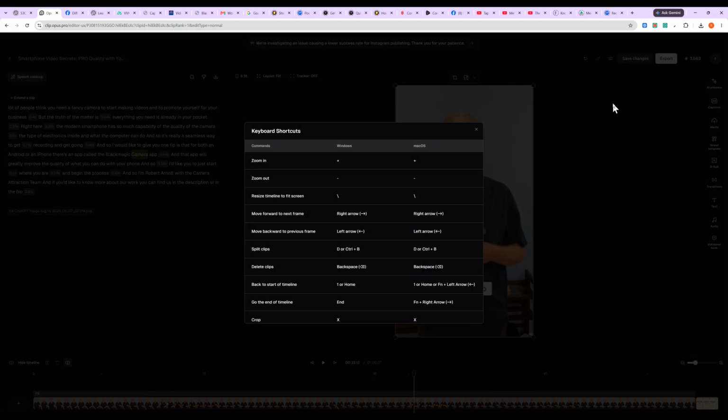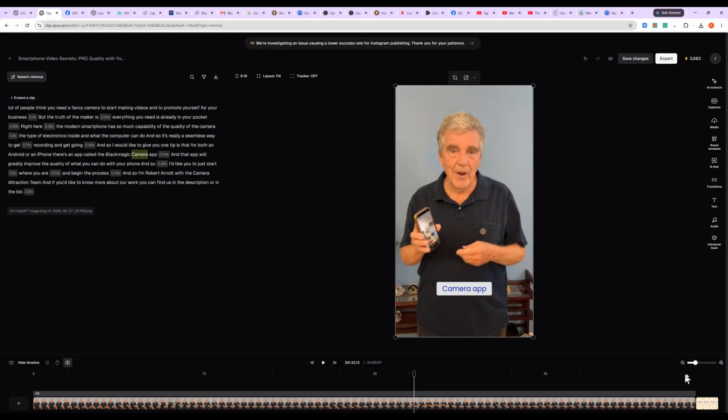Keyboard shortcuts. The one that I really like to have you know about is resize the timeline to fit the screen, which is the backslash. And then if you need to get zoomed in or zoomed out, you can use the plus and minus. But let's just say we had a lot going on, and I wanted to just see what my whole timeline looks like. I would just do a backslash,